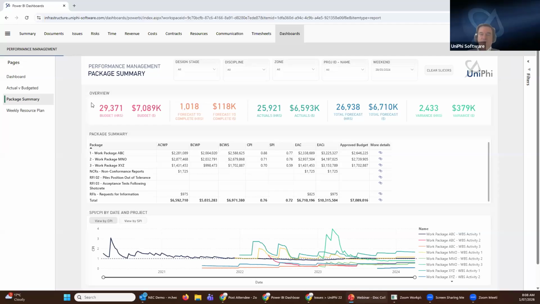So as I mentioned, we're going to focus on the engineering component. And I've just logged into a demo UniPhi deployment called infrastructure. I've landed on the dashboard screen. There's actually 4 reporting platforms in UniPhi. This is one of them, being a Power BI embedded platform that enables you to publish your own dashboards and configure your own reporting requirements. And these can be consumed on demand by clients and by users of the application.